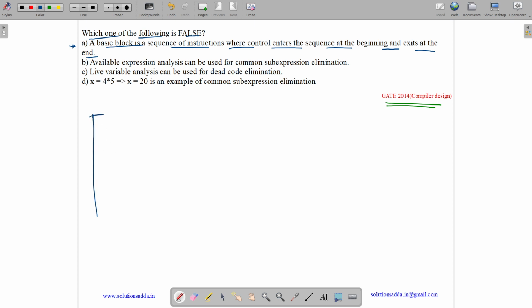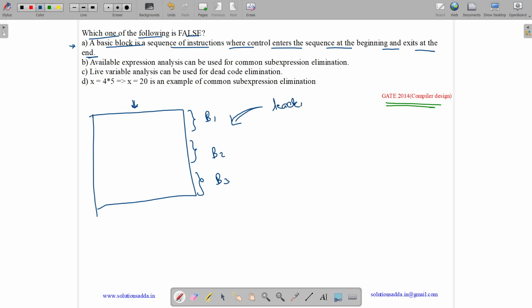Suppose we have a code. Then in the code, we will divide it into basic blocks. It has some rules, like we take the start instruction, the entry point of a loop, and the exit point of a loop. There are some rules for finding the leader statements, and using the leader statements, we will be able to divide it into various basic blocks, say basic block 3, basic block 2, and basic block 1. You do not need to remember for this question what a leader statement is and how we find basic blocks. Just the basic definition of a basic block will do.